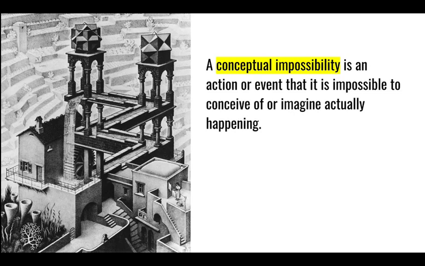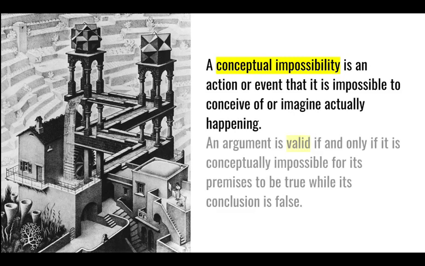Maybe you can think of other things that are better than this image. But if you have that notion down of something that you can't even think of, that's another way to think about validity. So an argument is valid if and only if it is conceptually impossible for its premises to be true, while its conclusion is false. So this is just another way of thinking about it. We won't be using this definition technically throughout the course, but it does allow you to think about how it is that validity relates to conceptual impossibility.